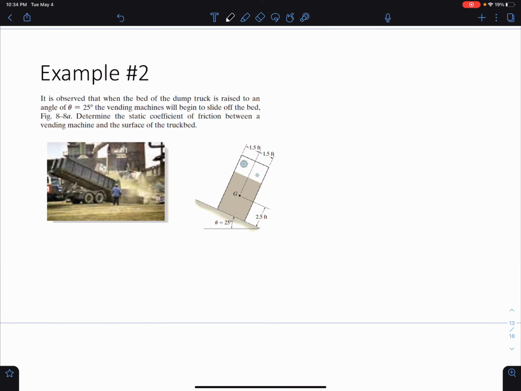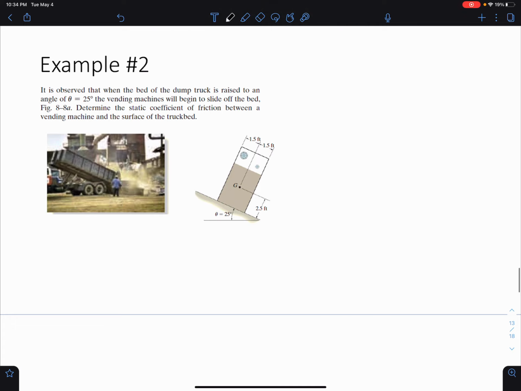All right, so let's go ahead and do example 2. It is observed that when the bed of a dump truck is raised to an angle of 25 degrees, the vending machines will begin to slide off the bed. And we want to determine the static coefficient of friction between a vending machine and the surface of the truck bed. So we have here the real world scenario, and we already have an analytical diagram that's shown for us